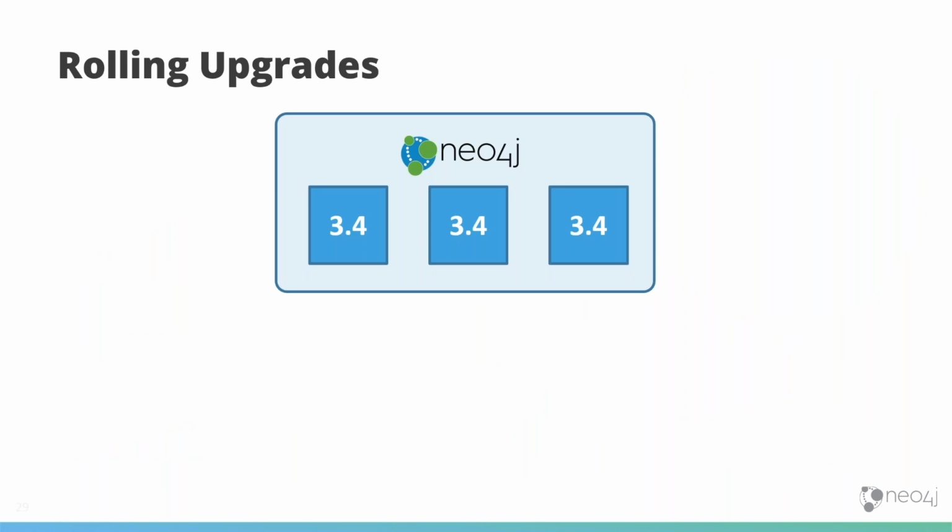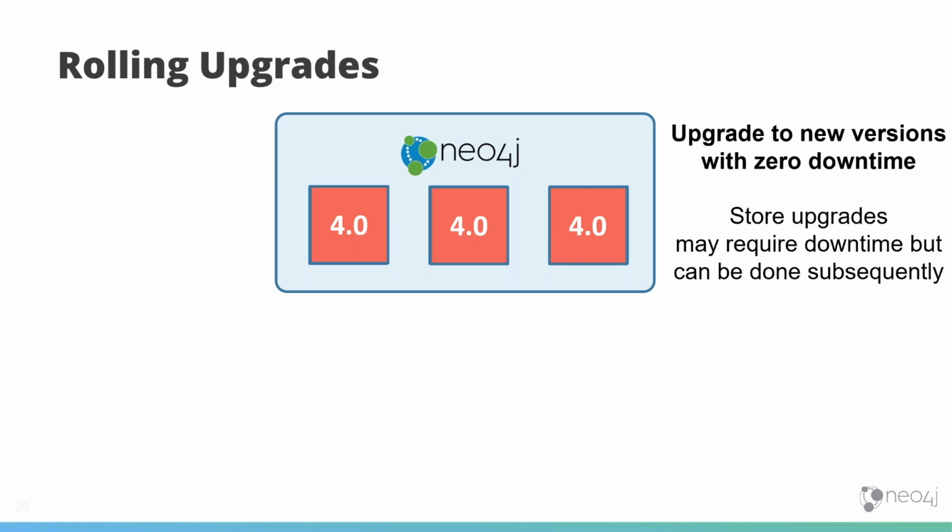Last one I've got here is we've also added support for rolling upgrades. So from 3.4 onward, you now have the ability to roll the upgrade without having to turn off your database in most cases. And it makes for a much more pleasant upgrade cycle for Neo4j. So now, zero downtime, and whenever you might have to upgrade perhaps the core database store, this is the only piece of the product that you might need to